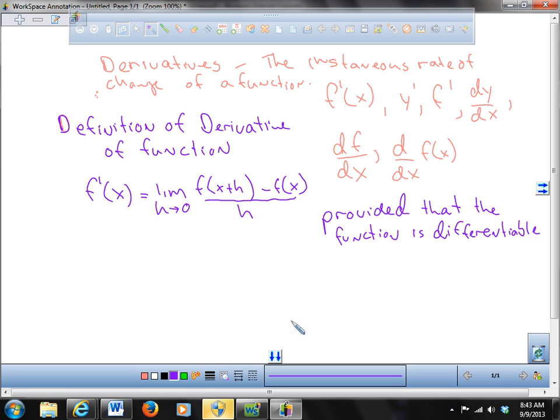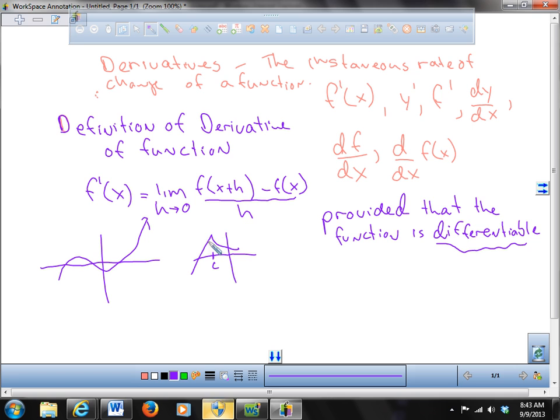Differentiable. Ooh, that's a good one for Scrabble, right? Differentiable means you can take the derivative there. Functions that are differentiable on an interval are usually smooth curves and things like that. Things that are not differentiable would have sharp points in them. And the reason they're not differentiable is that it's differentiable everywhere except at this sharp point C, because coming in